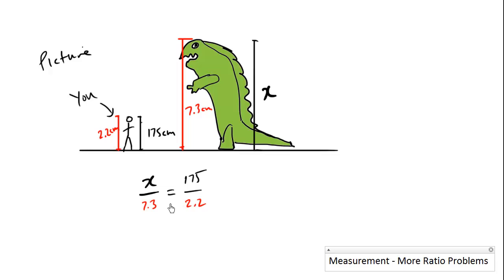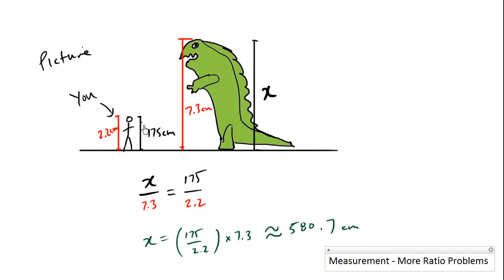You can multiply both sides by 7.3, and so what we have here is x is equal to 175 over 2.2 times 7.3, which is approximately 580.7